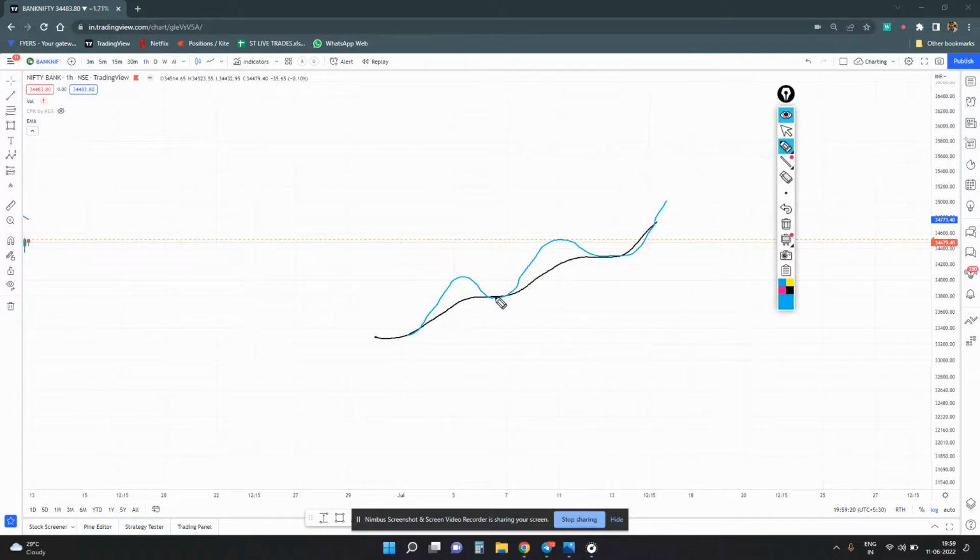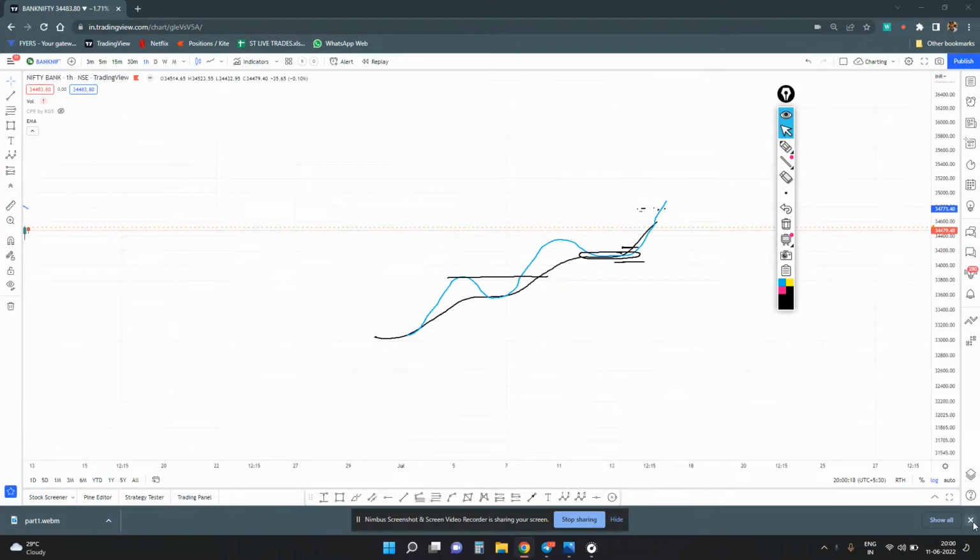You will always see price coming near the 20 EMA and taking a bounce. So our way of trading is that once we see a strong breakout and a bounce from the 20 EMA, we can simply enter over here, keeping a